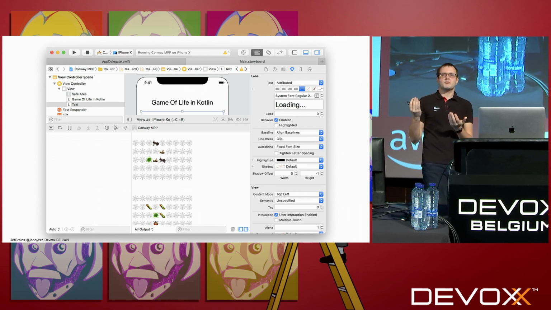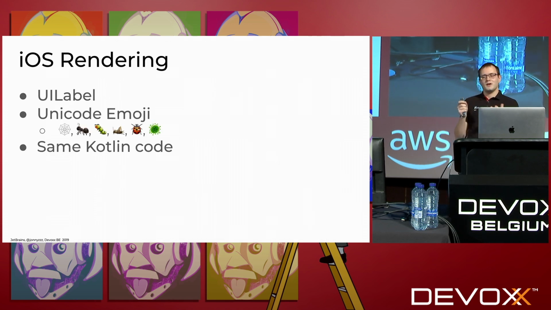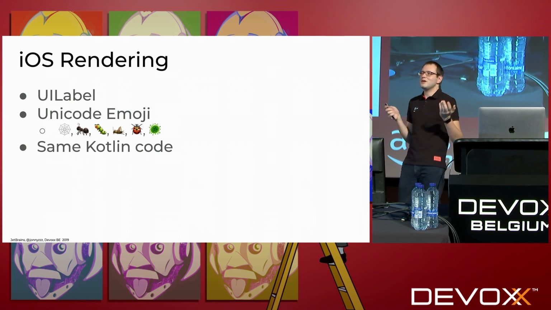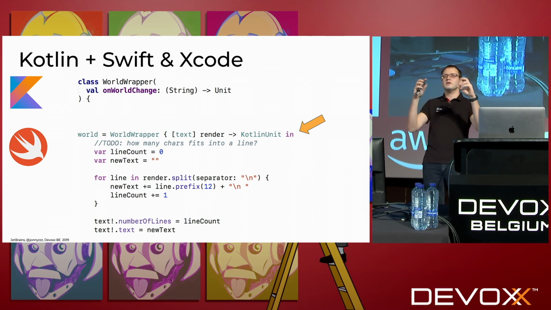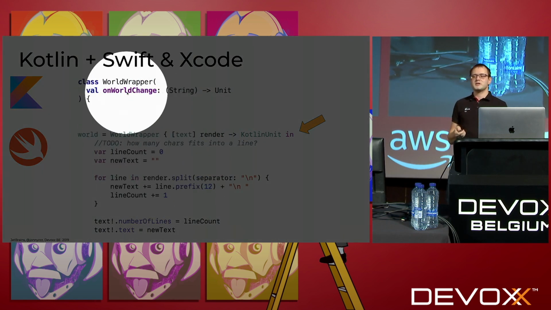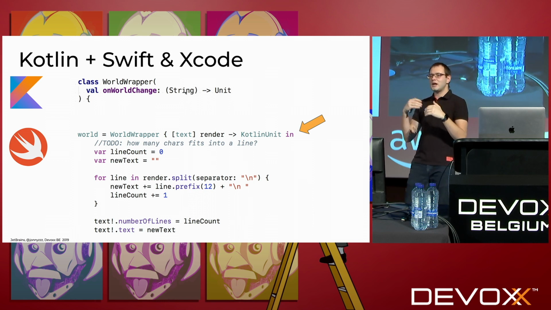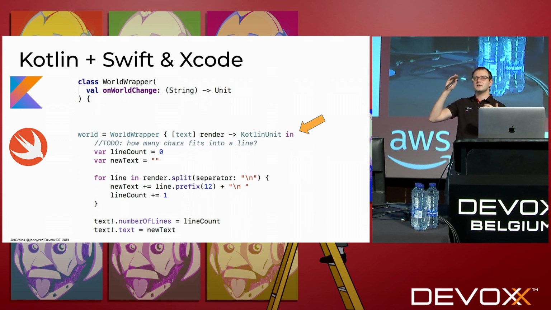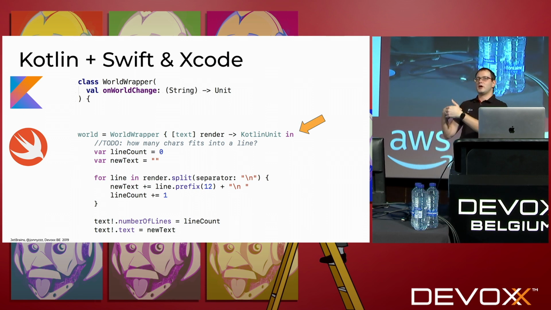But it is not something you can ship, right? You'd like to ship an app. And I decided to go further and ship an app. So I decided to render the Unicode symbols inside the iOS app. Well, the easiest solution, the first prototype, sometimes it's enough, right? And I wrote the following code. I wrote a tiny wrapper in Kotlin to generate the maze. And it has a callback, which is a lambda in Kotlin, which returns me a string, which is the representation of the maze. Every time I do some action, this wrapper has a method like next step. It computes the next step, and it kicks off the callback when I need to update my UI.